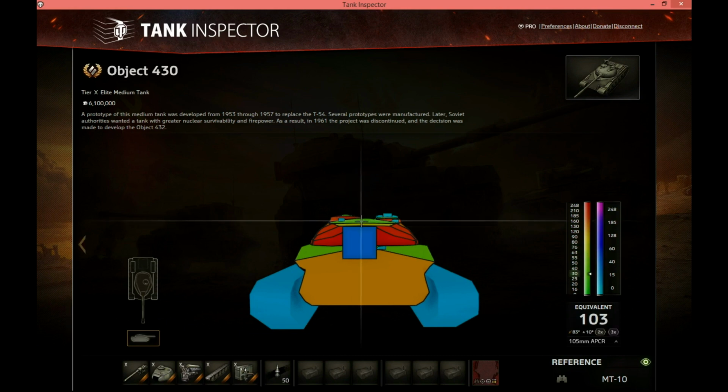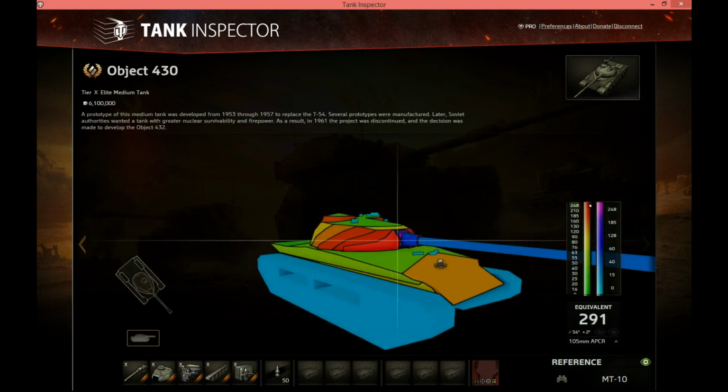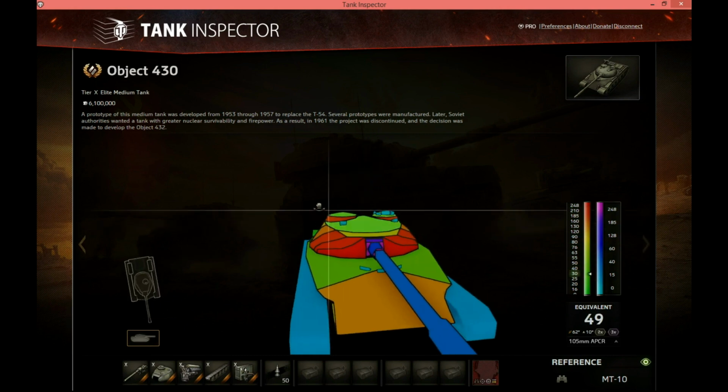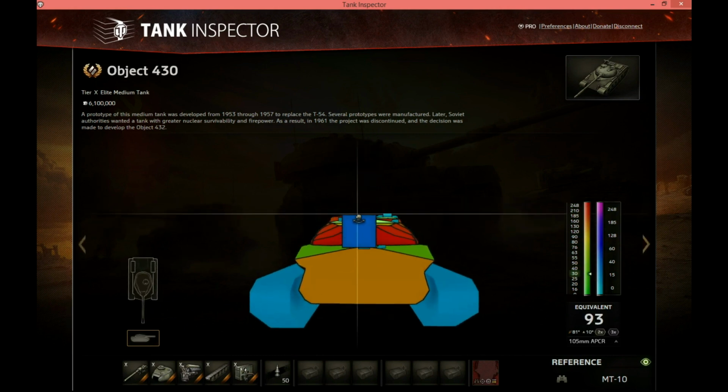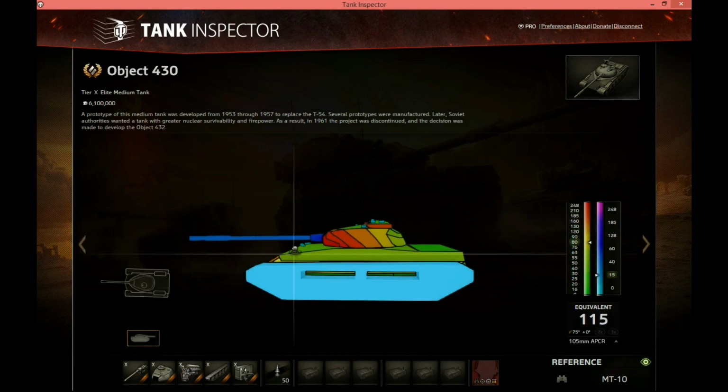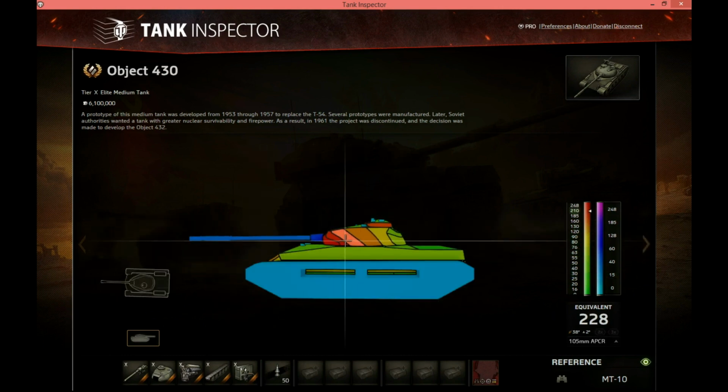105mm thick right there. That's equivalent to 100mm thick. You aren't really going to get through the 76mm kind of band right there, but all of this is only 30mm thick. You can easily penetrate that with a 105mm APCR shell. As far as the sides, side of the turret, as long as you don't aim for the front of it,